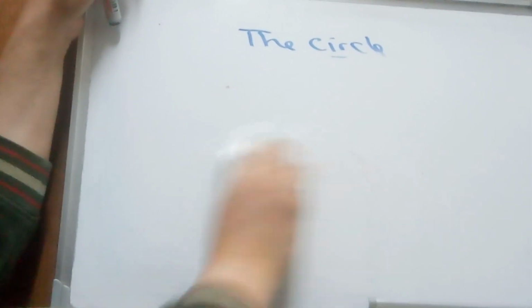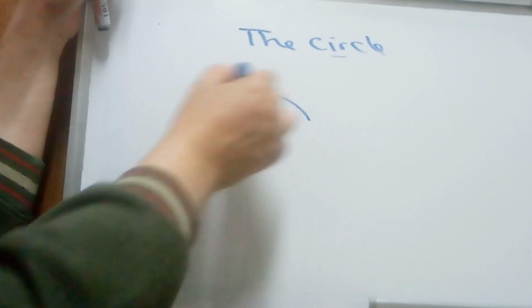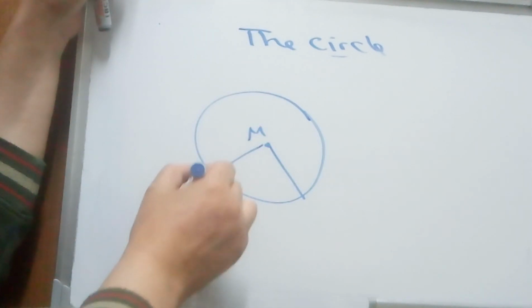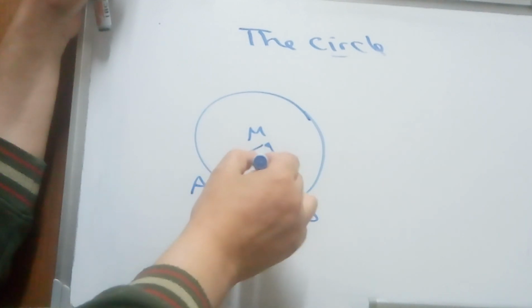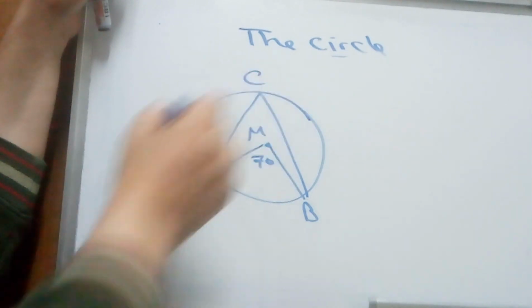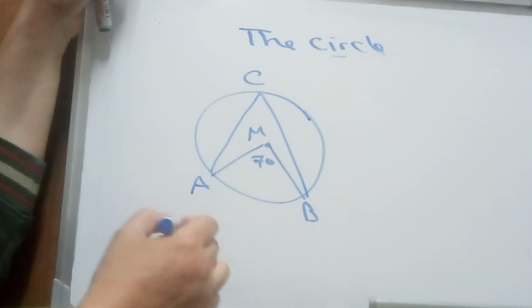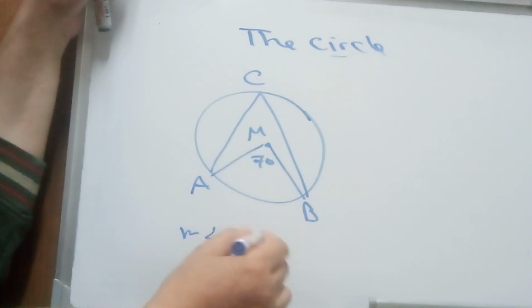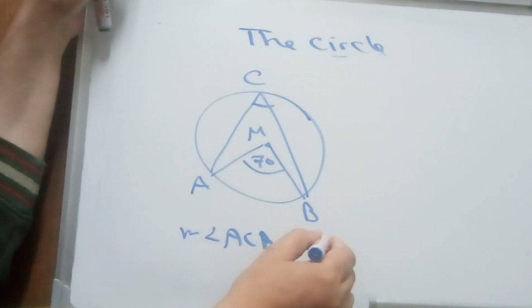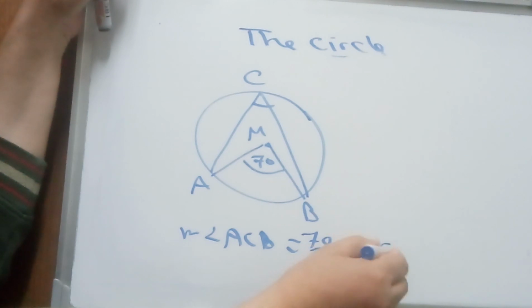For example, if you have this central angle AMB, and this is 70, and he drew an inscribed angle like ACB, what is the measure of angle ACB? It will be half the measure of the central angle, 70 divided by 2, which is